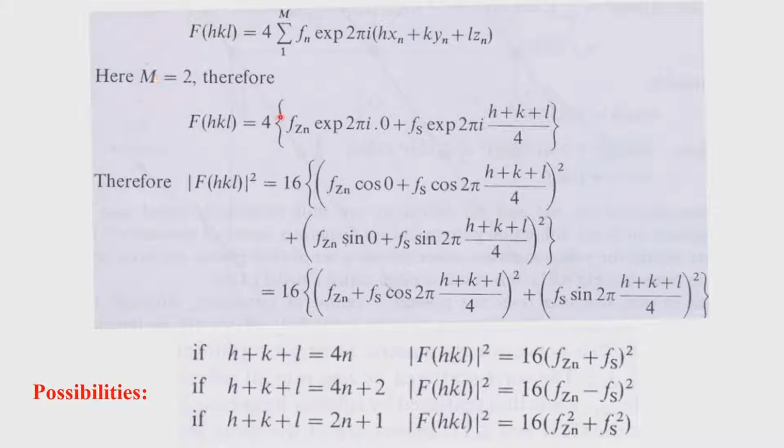M is actually 4. Once we write 4 here, it is okay. Then m is equal to 2 is correct. There is not an error. M is equal to 2,